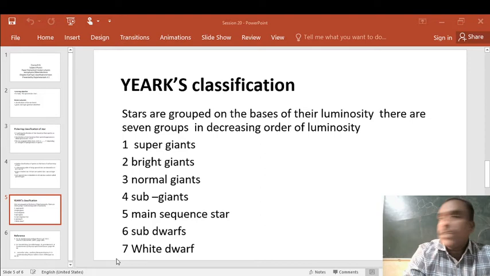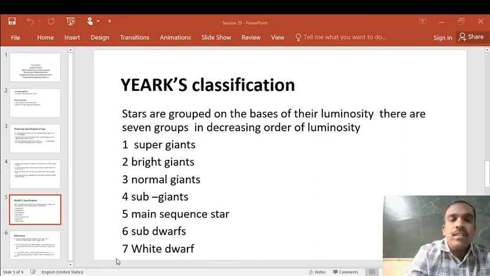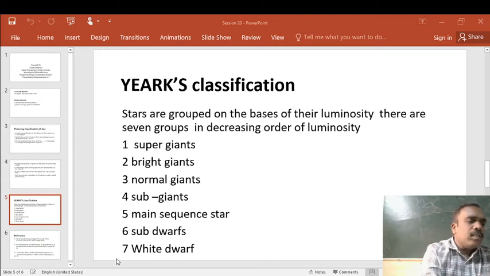Yerkes' luminosity classification of the stars. Stars are grouped on the basis of luminosity. E.C. Pickering classified the stars on the basis of surface temperature, but Yerkes classified on the basis of luminosity. There are 7 groups of stars in decreasing order of luminosity: supergiants, bright giants, giants, subgiants, main sequence stars, subdwarfs, and white dwarfs. These are the 7